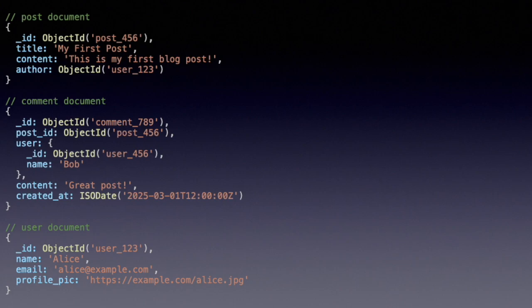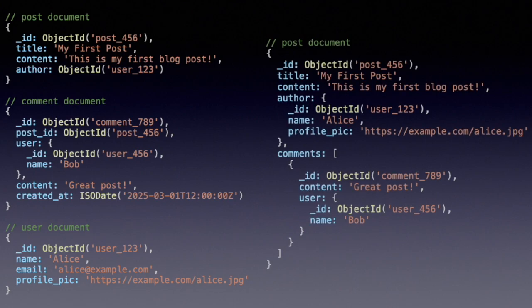To improve the performance, the extended reference pattern comes to the rescue. To implement it, in a post document, we replace the value of the author field with a subdocument containing the author's details, and add a comments field with all the comments of the post. This way, we only need to query the post collection to get all the data, saving resources on cross-collection queries